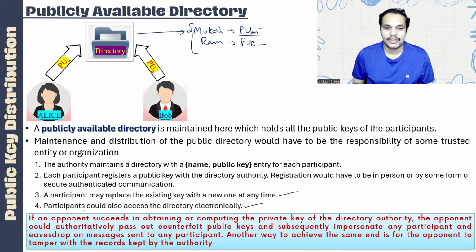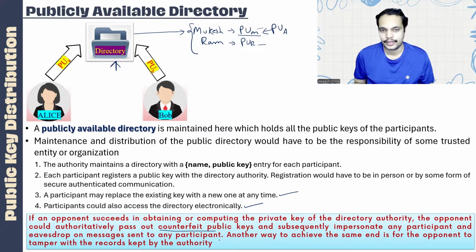But the problem here is if an opponent succeeds in obtaining or computing the private key of the directory authority. So if an attacker directly compromises or attacks the directory and is able to successfully compromise this, the opponent could authoritatively pass out counterfeit public keys. That means he can put his own key here, the public key of the attacker, and pass it off as my public key through this directory, and subsequently impersonate any participant and eavesdrop on messages